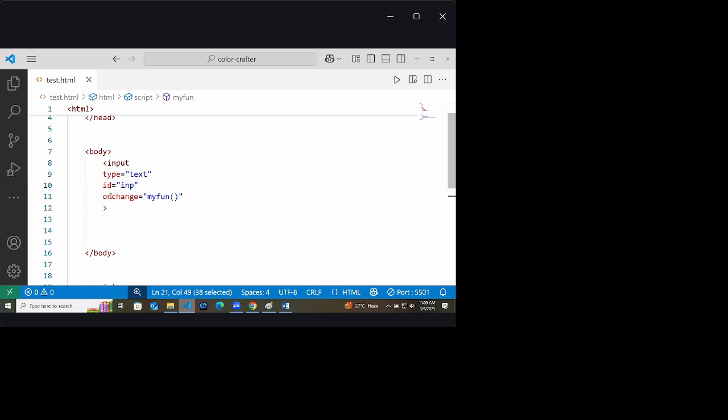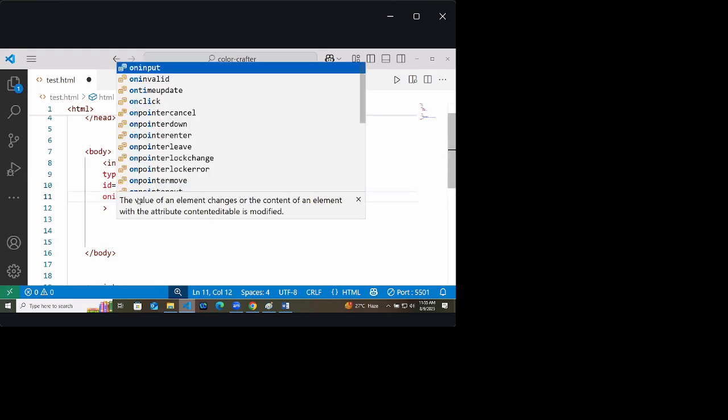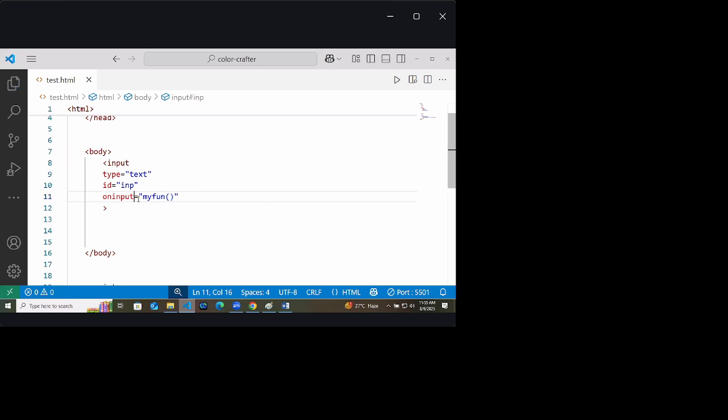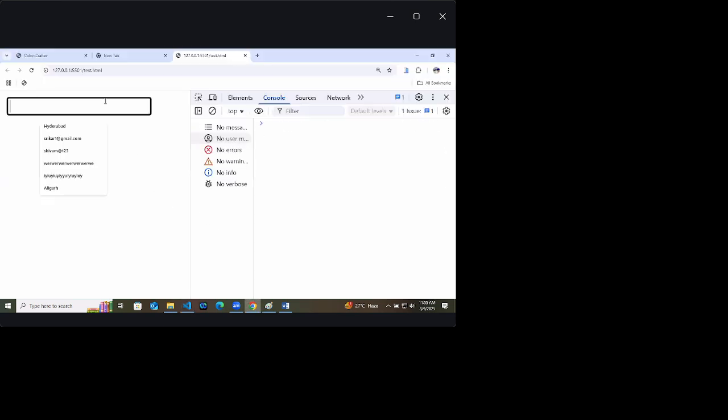Now to this input box, we will give oninput. Oninput means whenever you are giving input inside this box, it will call the function myFun. Input box has called me. Can you see 2, means 2 times? Can you see this 2 here? It means the input box has called this 2 times. 3, 4, 5, 6, 7, 8, 9, 10. It means whatever you are typing in the input box, it is getting set.